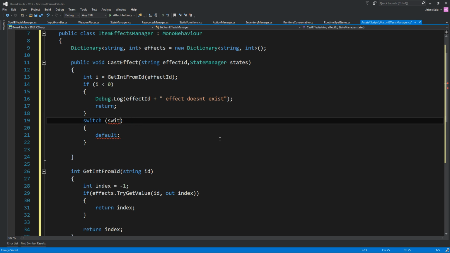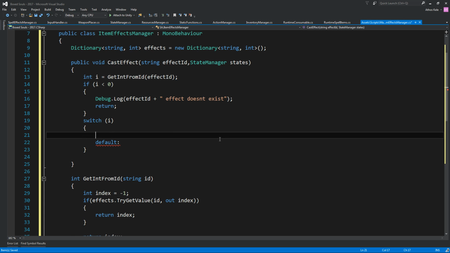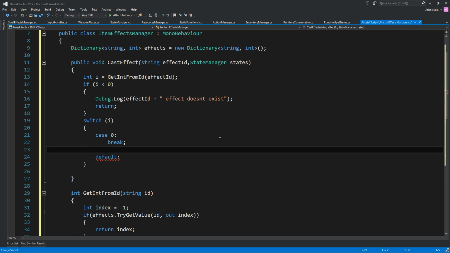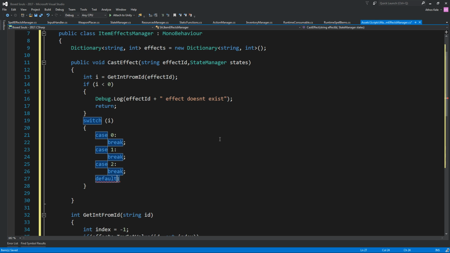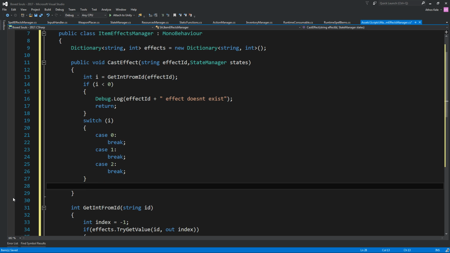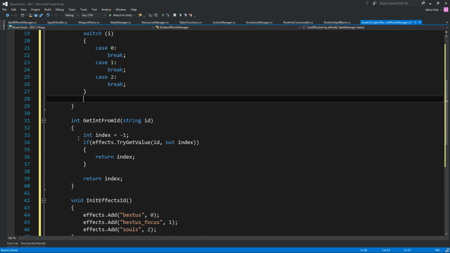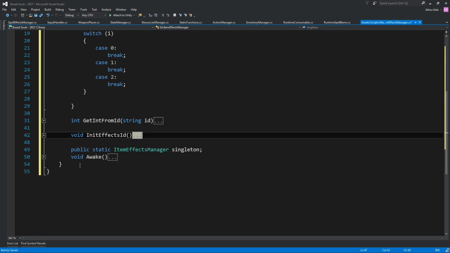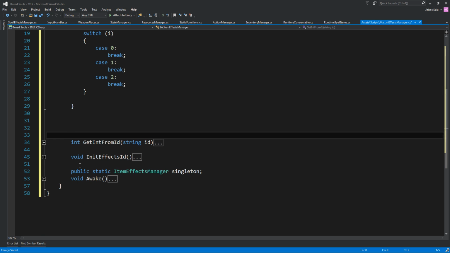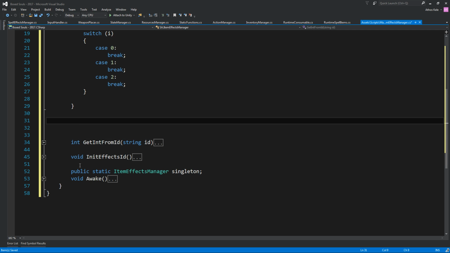Okay, and in here we can say I, case 0 break, case 1 break, case 2 break, and you can have as many cases as you want. You can have projectiles, you can have weapons, you can have everything. And okay, these are going to be stuff. So let's write a region in here. No, let's only make a region for effects actual,